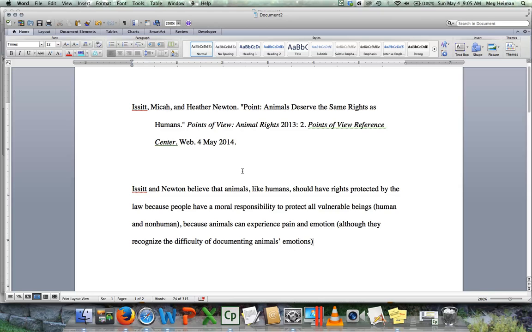In other words, what they try to explain is that while we have research that supports that animals can experience pain, it's harder to get that research to support that animals have emotions. And what we have more than research are anecdotal. We have anecdotal evidence to support that animals can experience emotion. So you might have to play around with that. Okay, so because people have a moral responsibility to protect vulnerable beings, because animals can experience pain and emotion, maybe because animals are sensory beings that can experience pain and emotion,